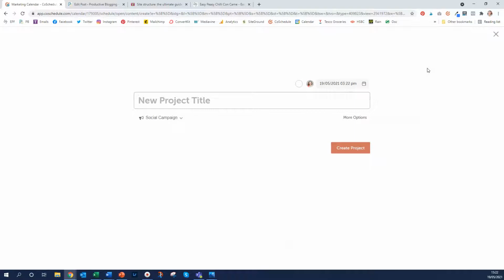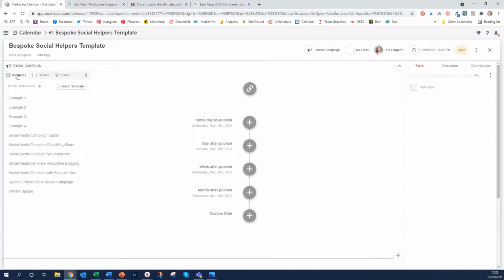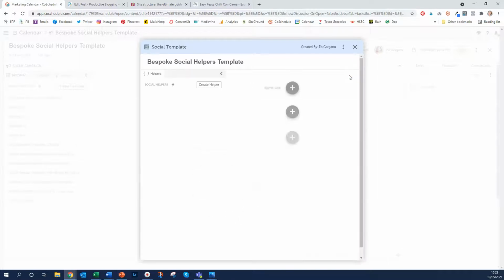and this time I'm just going to call this bespoke social helpers template because that's what we're doing. And I'm just going to create that project. Okay, so I'm going to go to templates and create template and create new. And you would name it. Okay, so you've got so far exactly what we did before,